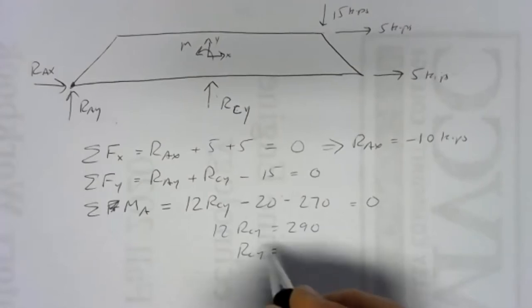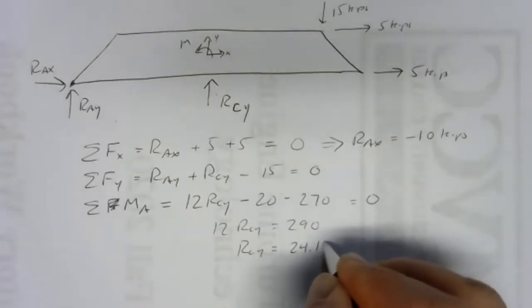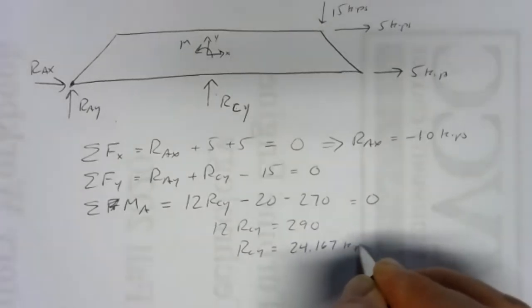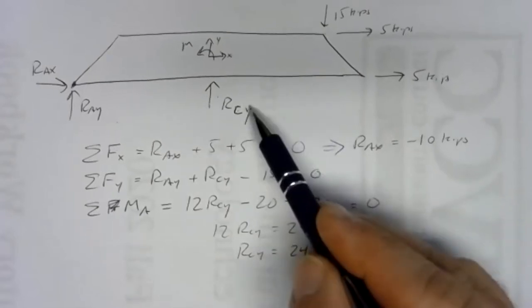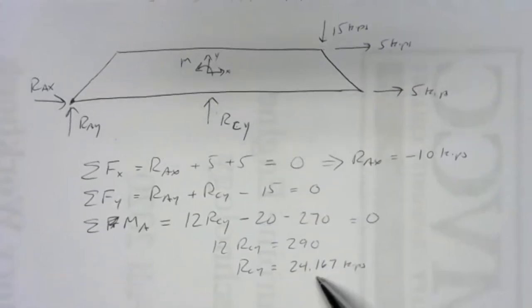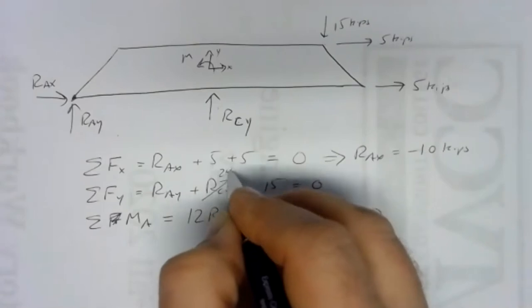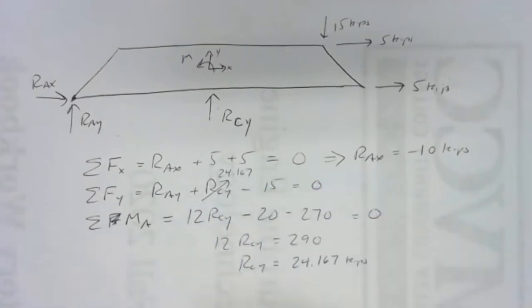So RCY has got to equal 290 divided by 12, which is 24.167 kips. Came out positive, so RCY is really up. When we go and take that into our y direction equation, though, we got 24.167. When we take 24.167 and subtract off 15, we get a positive